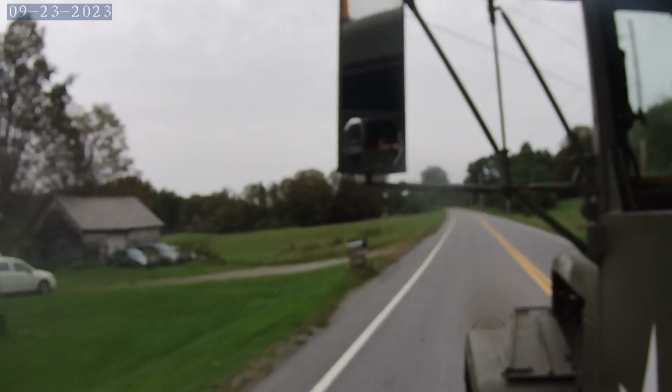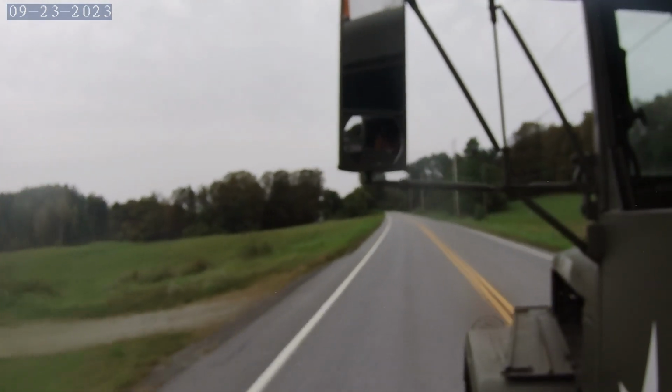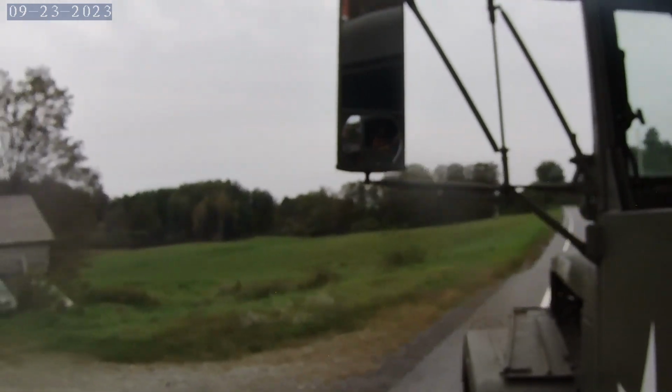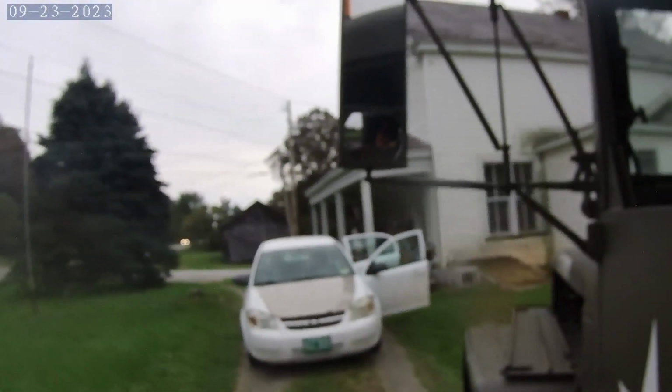So the truck is actually running really well. It doesn't die out at the intersection near the farm, and I'm able to pull into the driveway, and everything's fine. It's still running. It's still idling perfectly fine. And so now that we've got it out of that garage's driveway, and again, they were really nice, really understanding. And once we got it back home,